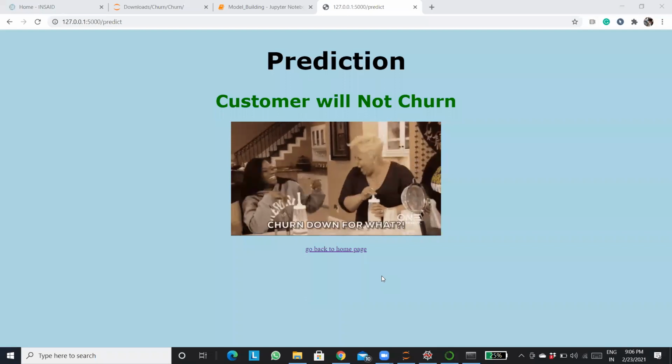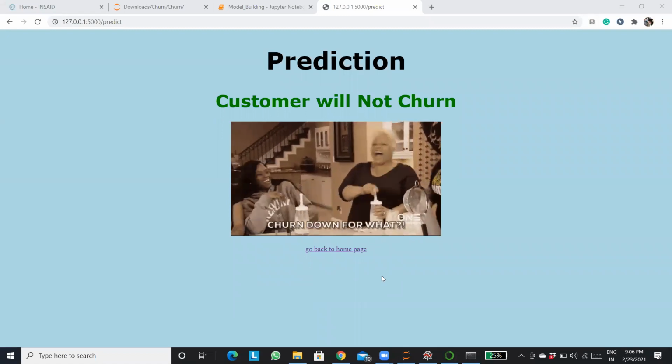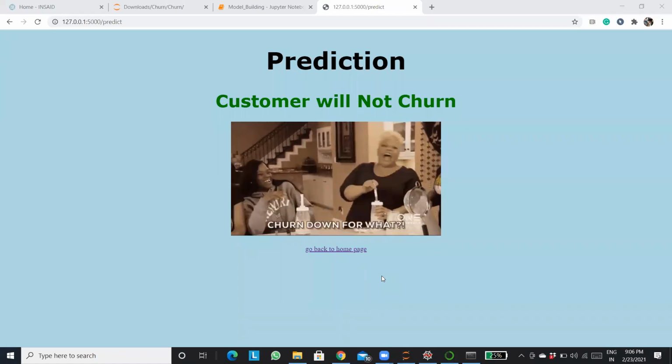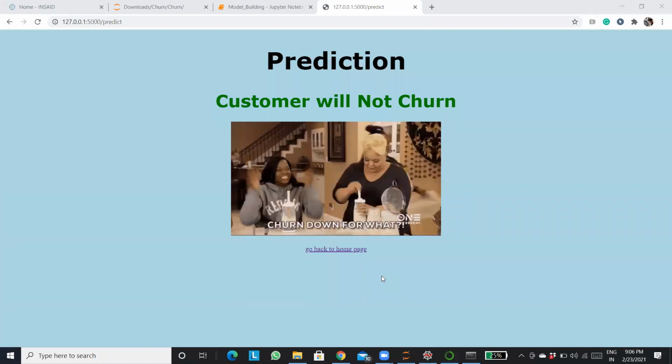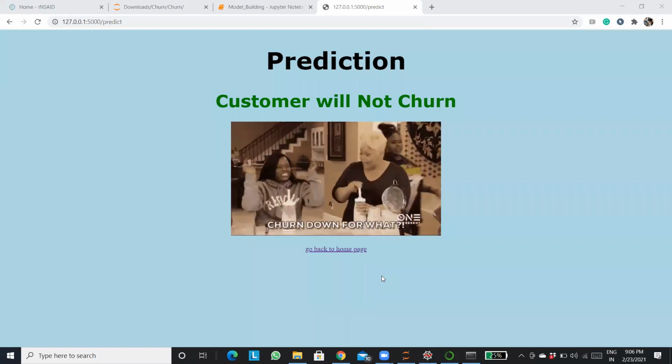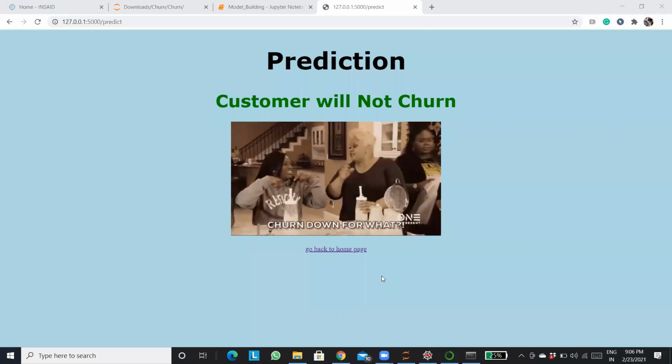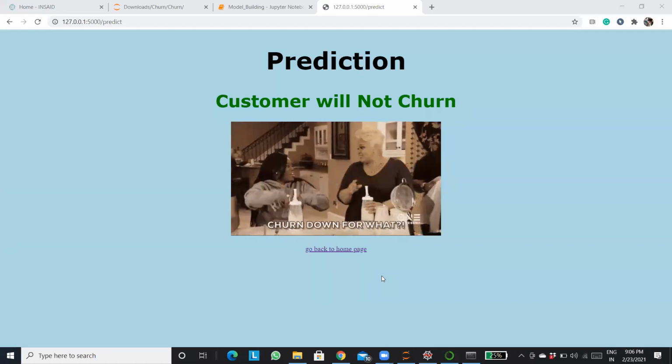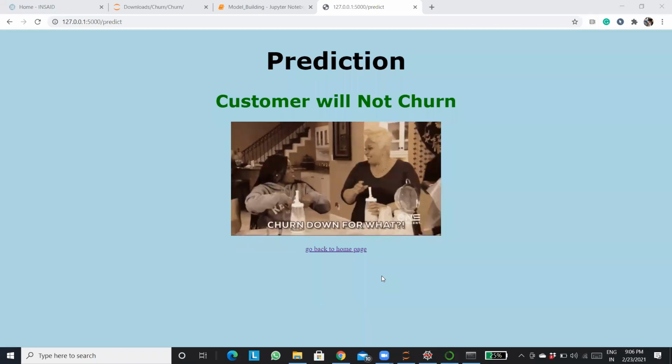Jigna, put the query in the chat for all panelists and attendees. There might be some option, yeah, Jigna. You can try that out. As of now, I haven't explored that part where you can upload it in the front end and get the predictions. Because if you look from a user perspective, as an individual user, I don't think he will require a front end to upload a database and work on it. He can just directly work on it in the backend, right? If he's a user over there.